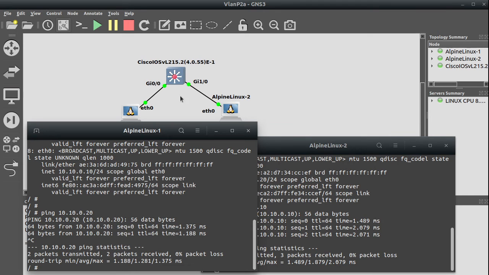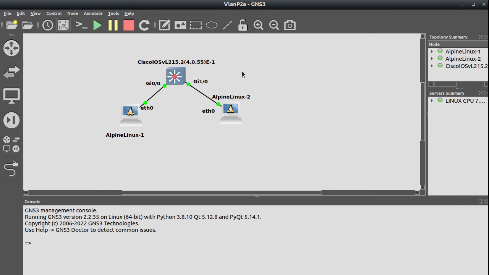We are using one switch, we are not using VLANs, and we have just one network, the network we have defined here, 10.10.0.0/24. But let's see what happens if we go to the switch and split those interfaces, gigabit 0/0 and gigabit 1/0,